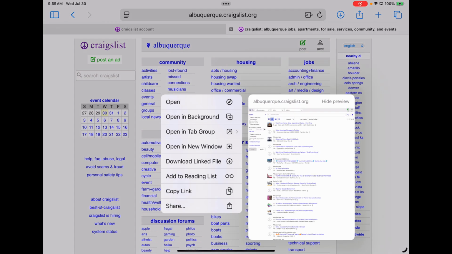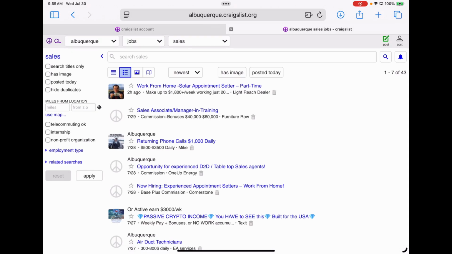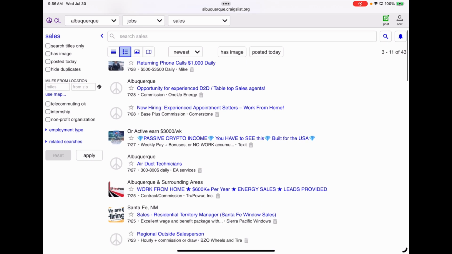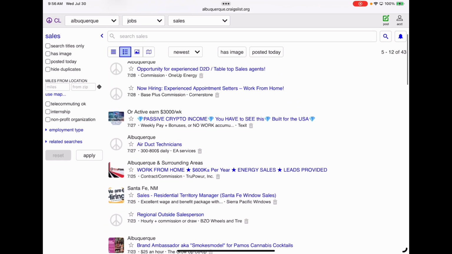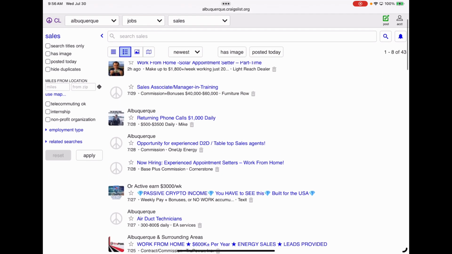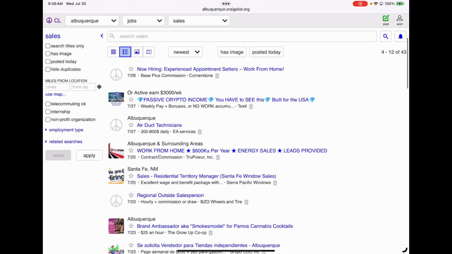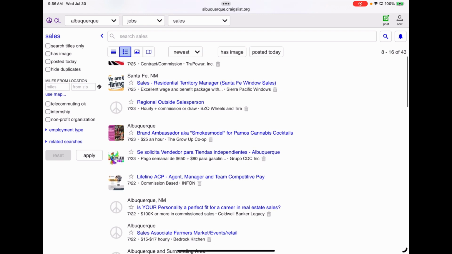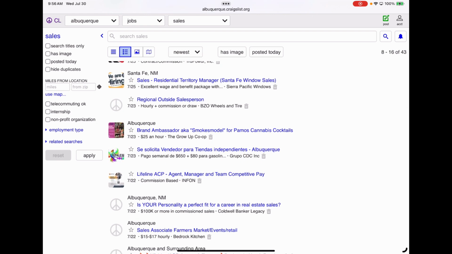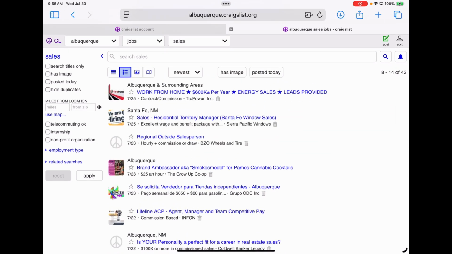So I'm going to click on that. I don't know why it didn't just open. There we go. And you can see these are what the ads are going to look like initially. Okay, they're just links that people can click on. There's going to be a lot of business opportunities posted on here, along with kind of commission jobs like solar, life insurance. You know, you're not going to come on to Craigslist looking for a six-figure vice president job. Okay, that's not what the purpose of this is.